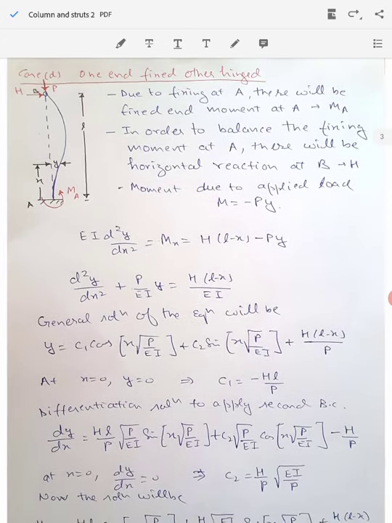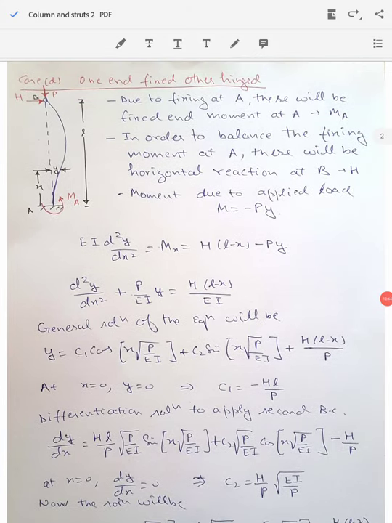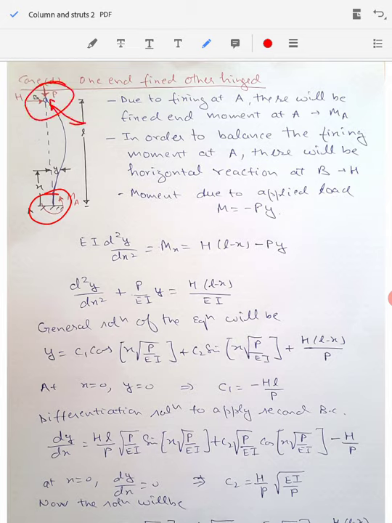Now the next boundary condition. This is the boundary condition with one end fixed and other end hinged. So we have taken up the case of both ends hinged. We have taken up the case of both ends fixed also, apart from the cantilever end. So in this we have a mixed condition of the ends. So one end of the column is fixed. You see here it is fixed, while at this end is a pinned end. You can see here there is a pin here. So this is the hinged end here. So one end A is fixed, while end B is hinged here.